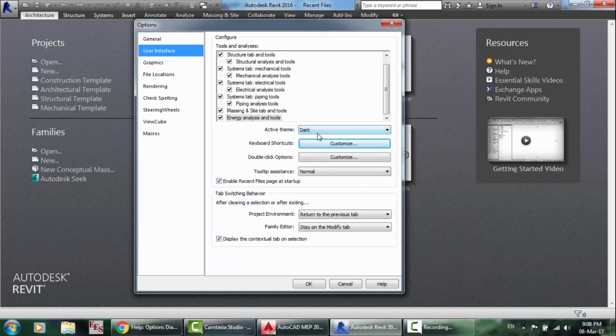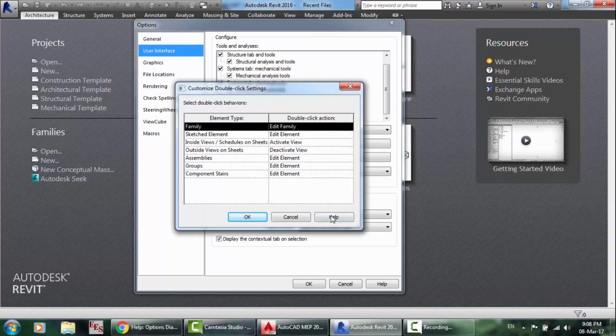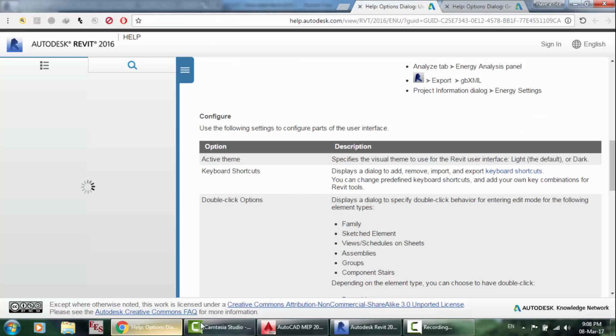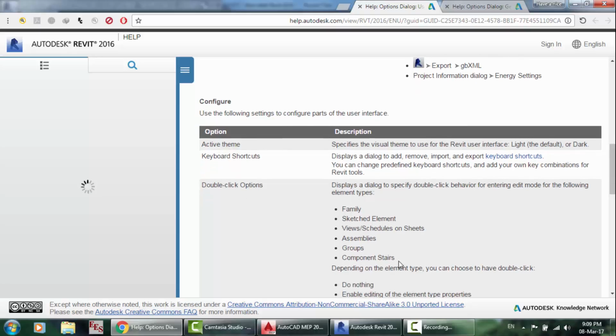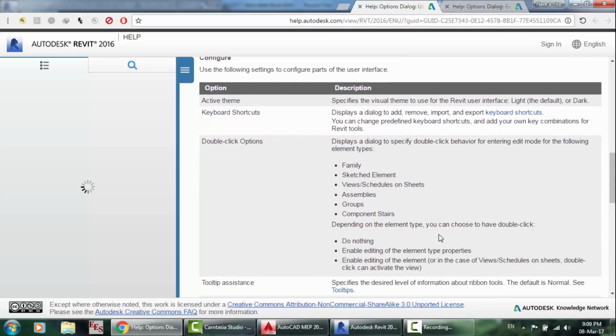so here are the active themes, and here are the keyboard shortcuts, and here are the double click options. You'll find here the double click option displays a dialog to specify double click behavior for entering edit mode for the following element types: family, sketched element, views and schedules on sheets, and the assemblies, groups, components. Depending on the element type, you can choose to have double click